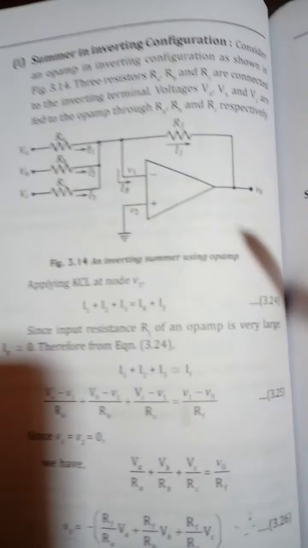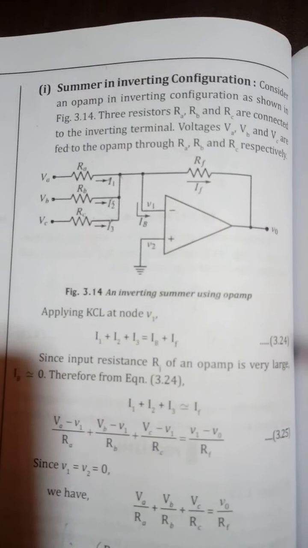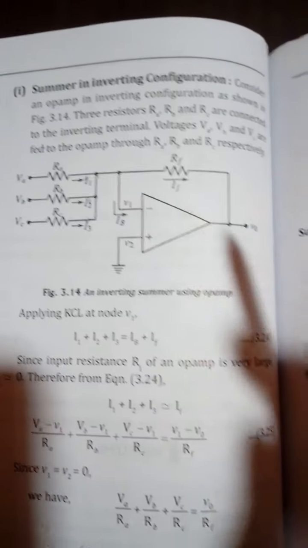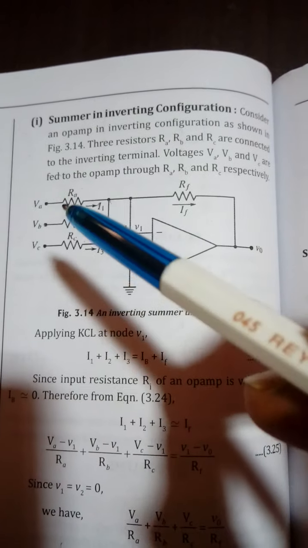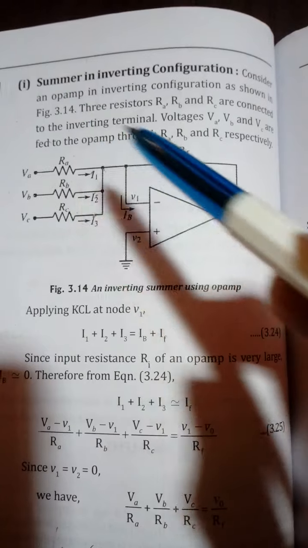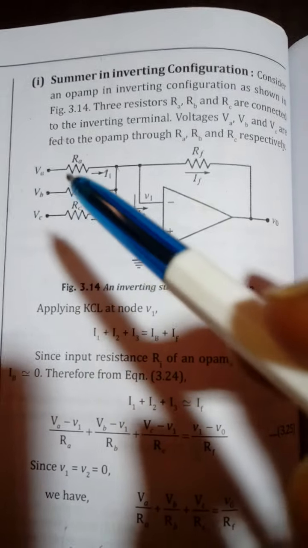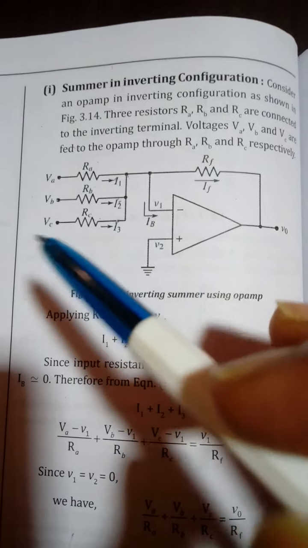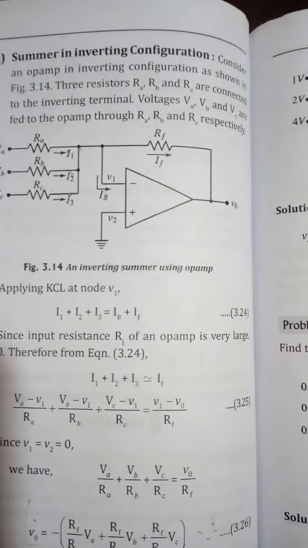So this is the circuit of the summer, where you can see the inverting input terminal is grounded, and the non-inverting terminal you already have a feedback, just like I told you. Then the three voltages which have to be added are provided at the inverting input terminal. The voltages which are supposed to be added, you can call voltage A, voltage B and voltage C. They are provided through three resistors, RA, RB and RC.